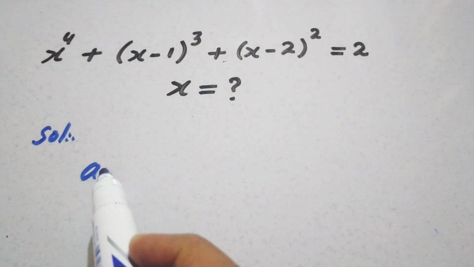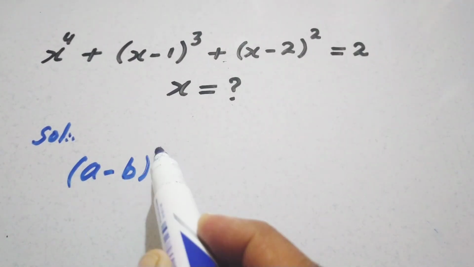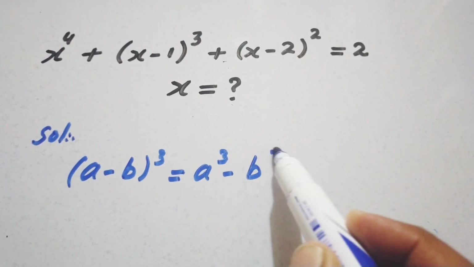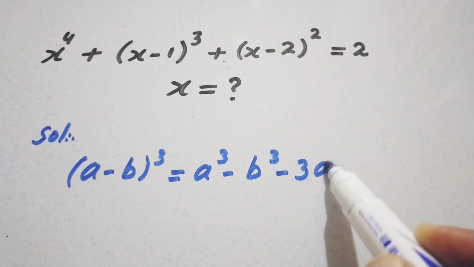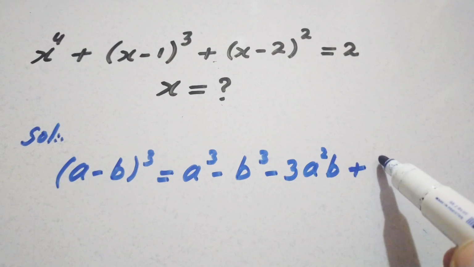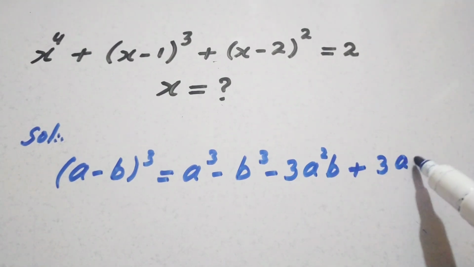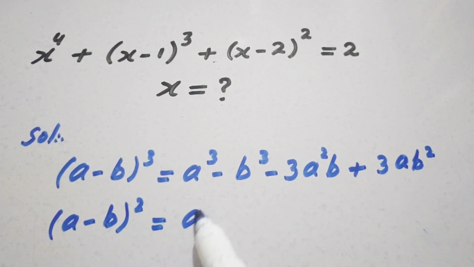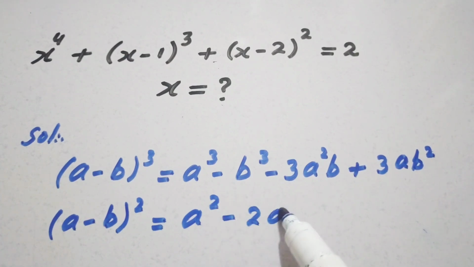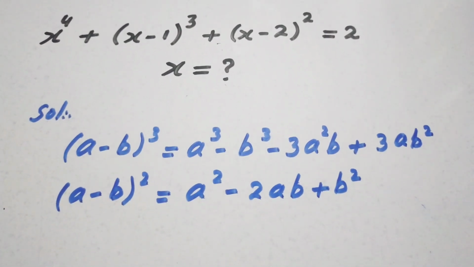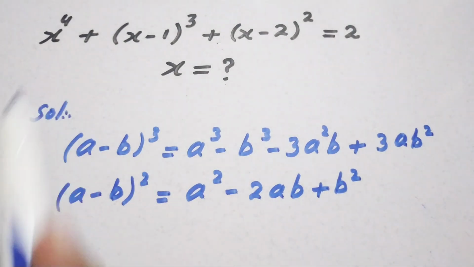(a minus b) whole cube is equal to a cube minus b cube minus 3a squared b plus 3ab squared, and (a minus b) whole squared is equal to a squared minus 2ab plus b squared. Using these algebraic identities here,